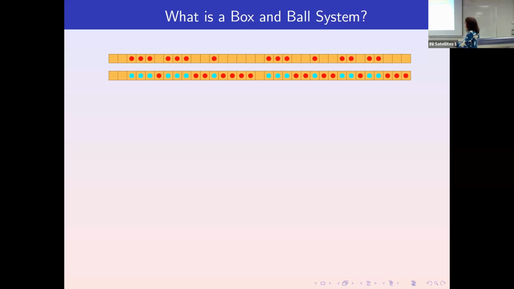I don't know if you can see that well. So I'm going to pick up this ball, this ball, this ball, because that's all I can do as I pass by. I'm passing from left to right. Then when I get a space, I'm going to put the ball in the space. And then I carry on, pick up the next balls and put them into the space, and so on. So when I come along here, I get to a point where I've picked up the balls and I've put them all down.